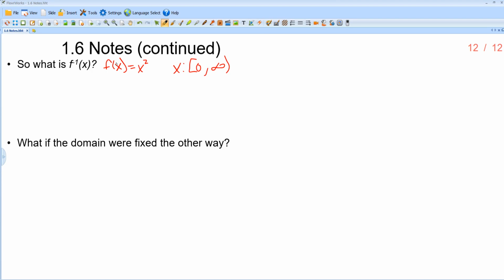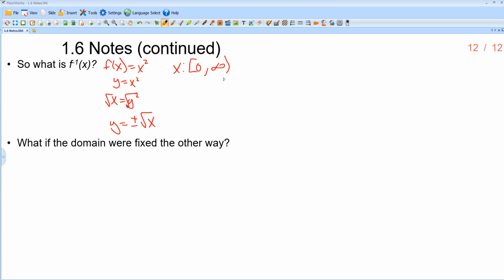And just a little preview of how we solve this. We switch this to y equals x squared, and then we're literally flipping the variables. It becomes x equals y squared, and we solve for y. So I'd square root on both sides. Remember that when you square root while solving, you get positive and negative. However,